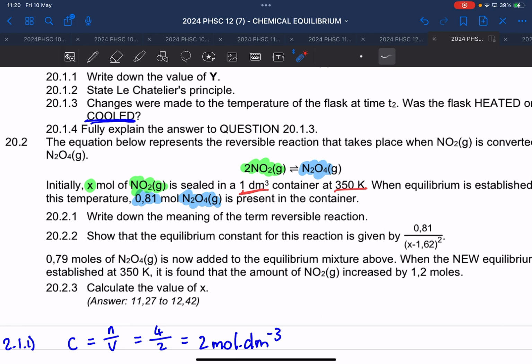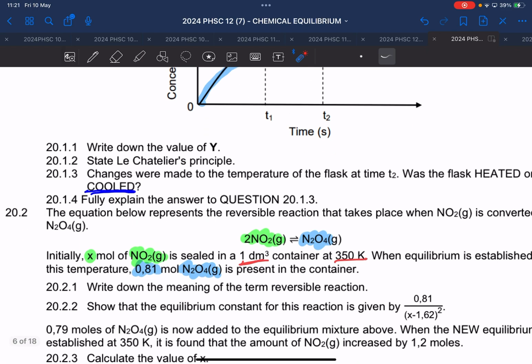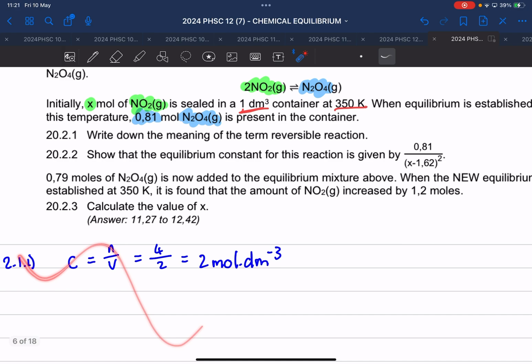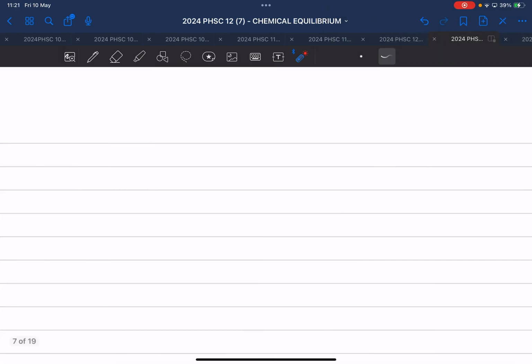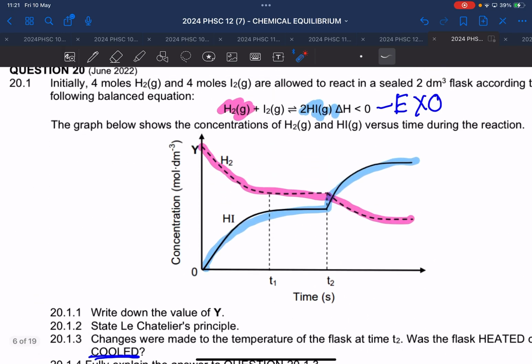2.2.2. Write down the meaning of the term reversible reaction. We're looking at 20.2.2 now. Oh, this is 20.1.1. Okay, so it's the previous question's work. I'm going to make a new page for question 20.2. So we know our